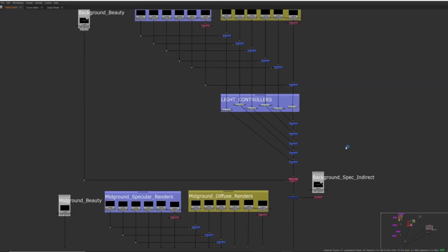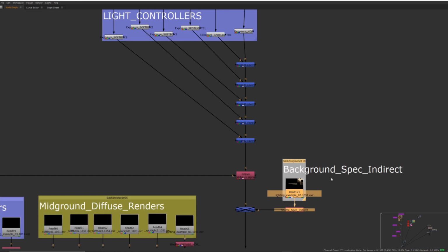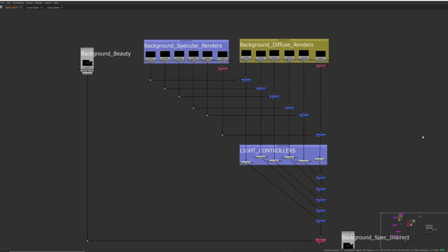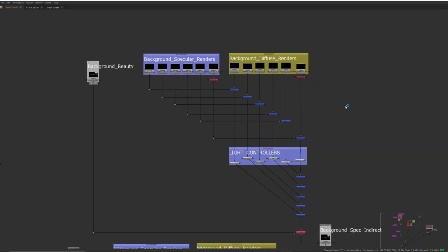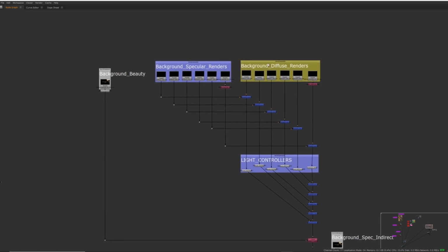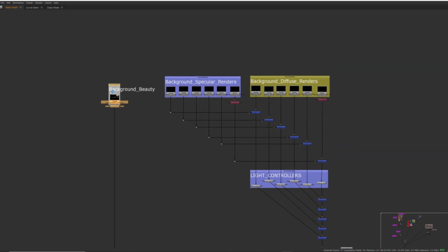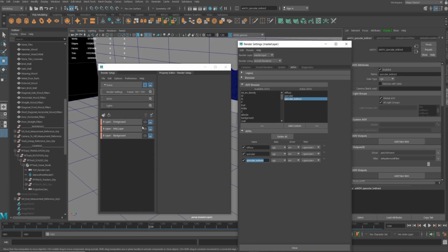But later in the video, you'll find out we add the specular indirect on its own, but doing it this way, it's not controllable. So I would say for anyone that's trying to follow along with this video, add your specular indirect with the light groups turned on, and then just add another backdrop here, and do that on your master layer, because doing it for all these separate layers, we're going to end up with a serious amount of